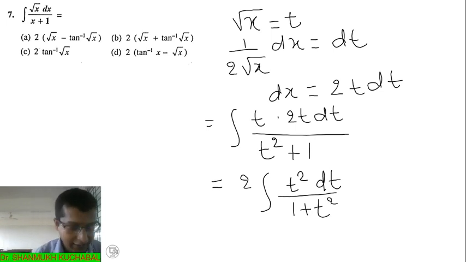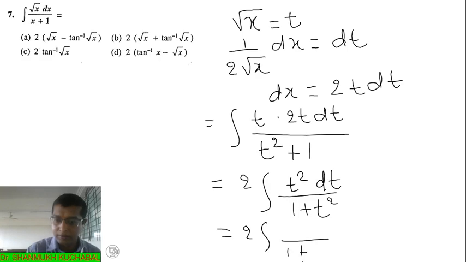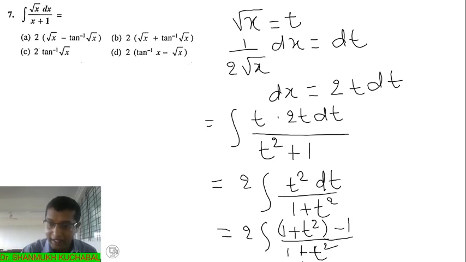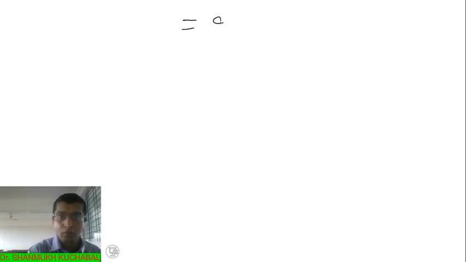Now we have to integrate this. It is a simple procedure: I write t square as 1 plus t square. The denominator we copy in the numerator, so we get 1 plus t square. Now we have to balance it. In the numerator we want 1 plus t square, and plus 1 is extra, so to balance it I do minus 1, into dt. Further we do first term divided by denominator. So we get this as 2 times the integration of 1 times dt.